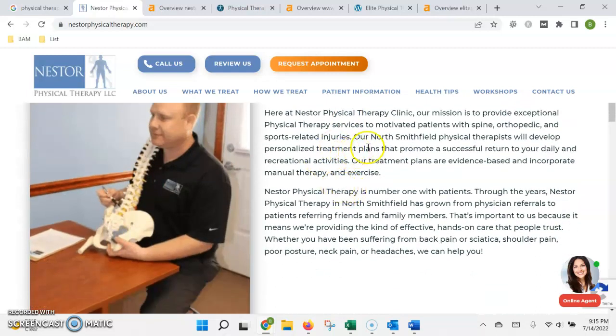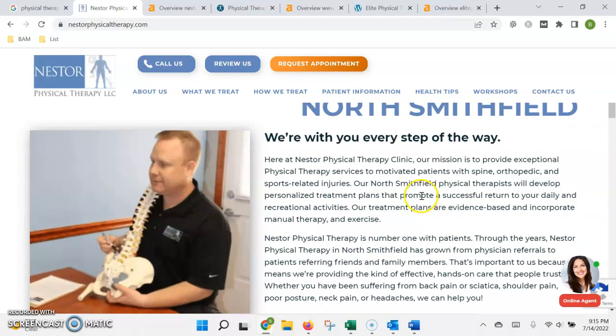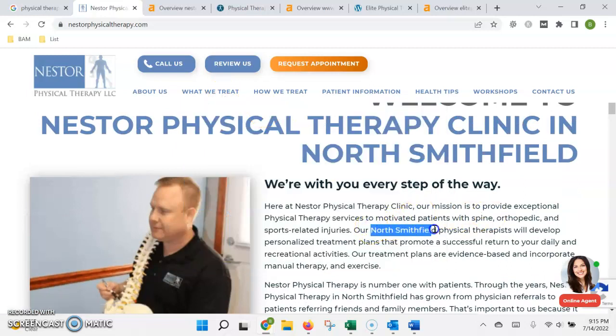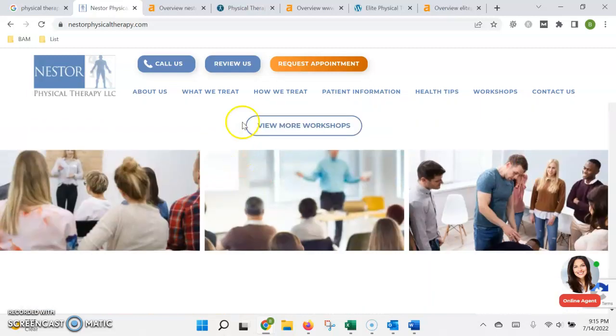Now, while it's counting the words, it's also looking for keywords, which would be anything that somebody would type into Google search, which is usually going to be a service that you offer and then a location that you offer it in. The second way that Google ranks your website is what's called the authority of the site, which is